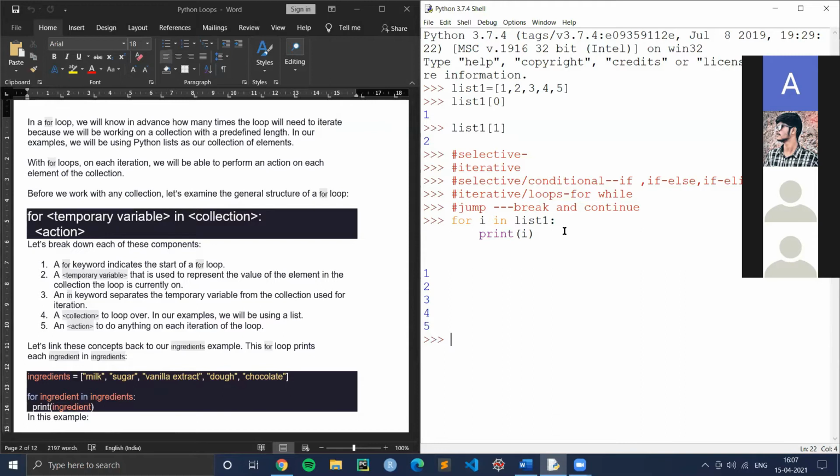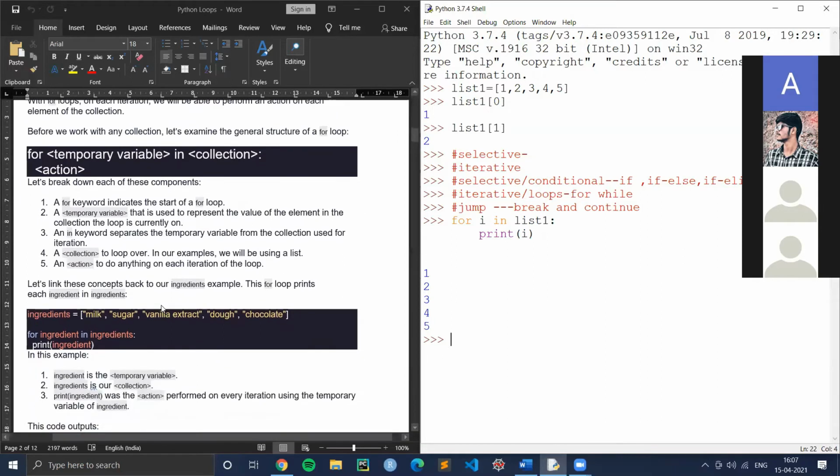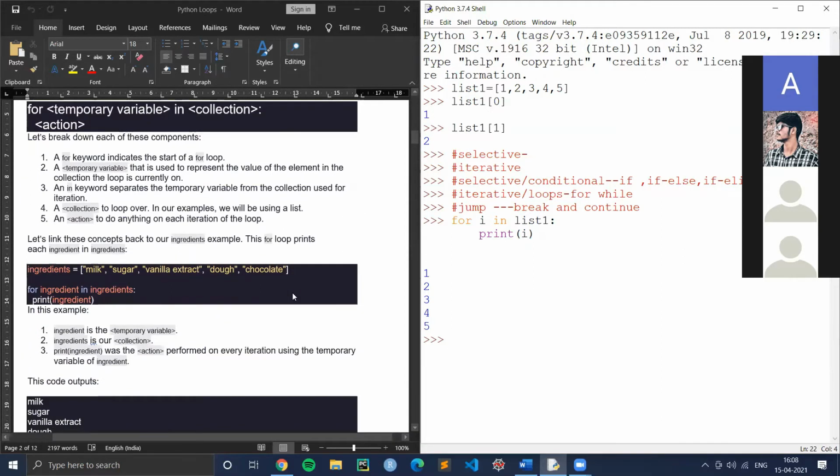But one more thing, as I said, the colon is the most important thing. Generally in loops, whenever you use a loop statement, you end it with a colon, and as soon as you end it with a colon, it gets indented. There's a new word called indentation. You can see these spaces here. It happens whenever you use a colon. When I tell you about more loops, you'll get to know what it is.